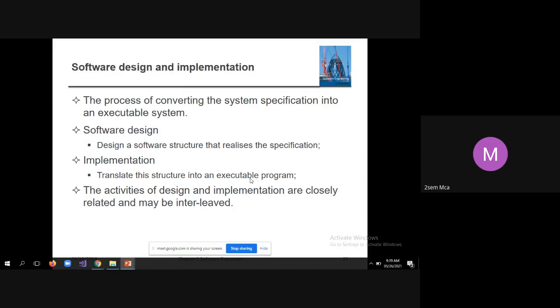So first you have documented the requirements. You are calling it the requirements document. Then, based on the requirements document, you have designed certain diagrams. Those diagrams will tell you what the structure of the software is, what is to be developed, and how it is to be developed. Then translate the design into source code. Based upon that design, you start writing the source code. That is implementation. Then finally, testing.